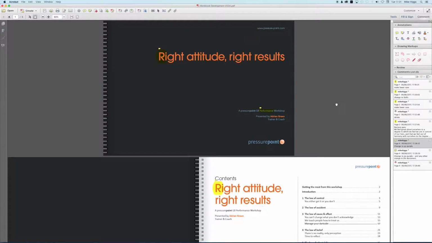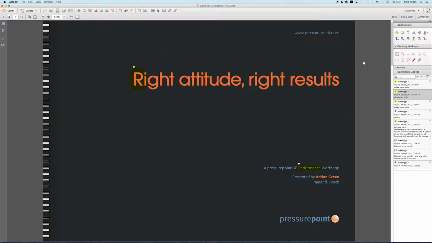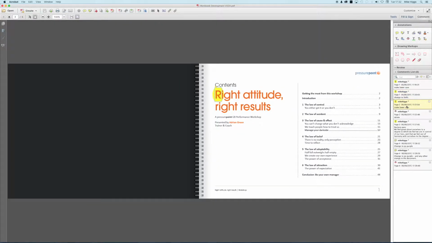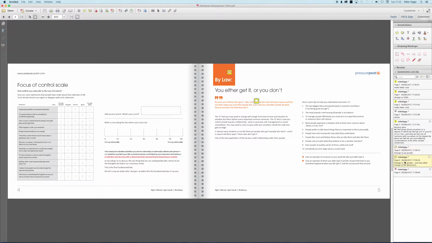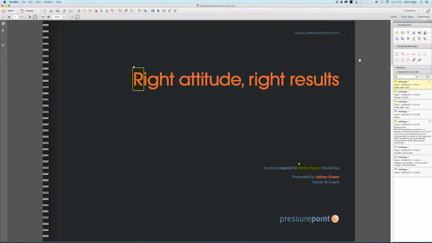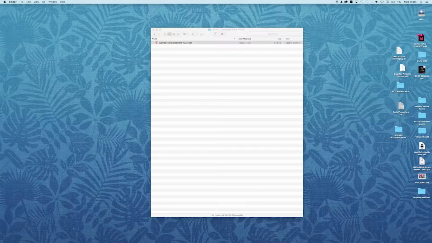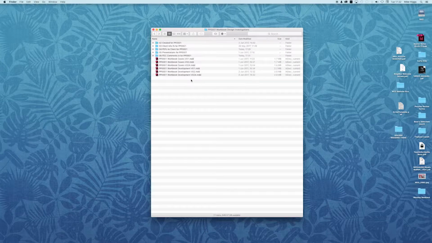All my notes disappear, and there's my comment list. So there's your annotated PDF coming in to me. I've received that, and I have a quick look, and I go and make lowercase, change to skills. Yeah, that's fine. Make lowercase. Yeah, delete that line. Yeah, replace that whole para. Change that to purple. Oh, purple throughout. Yeah, fine. Okay, and delete that. Right, they're all making perfect sense to me. Not a problem. So I then go and I open up Workbook Development 2A, and I think to myself, those